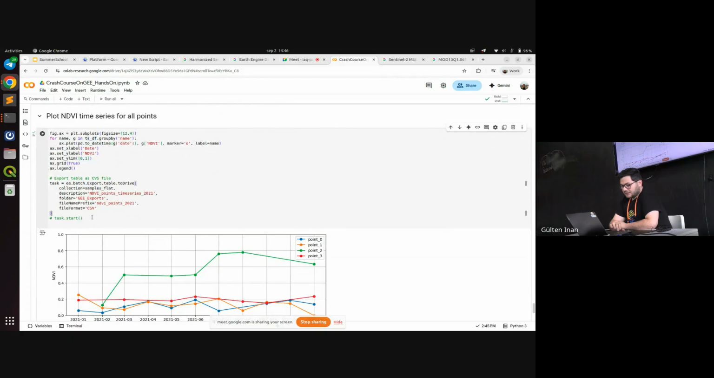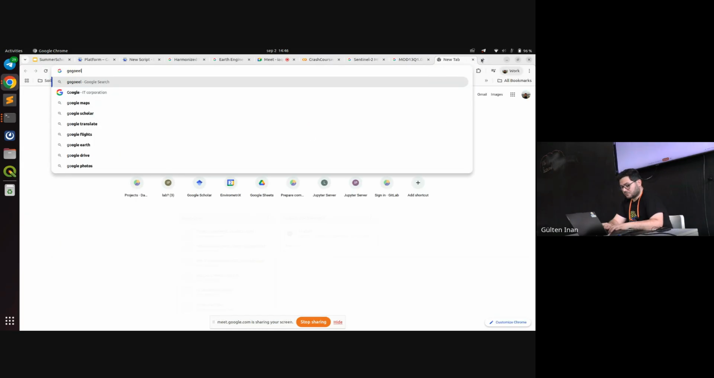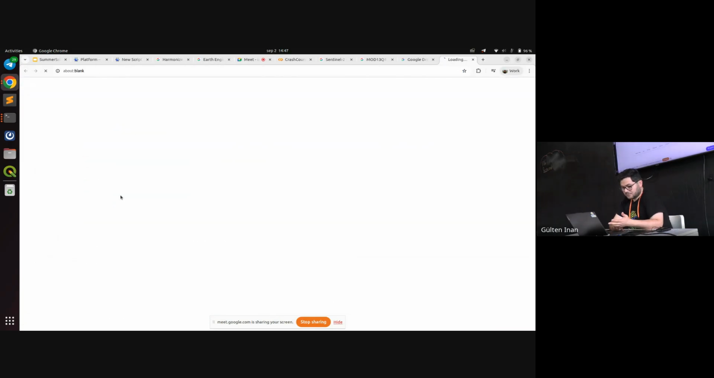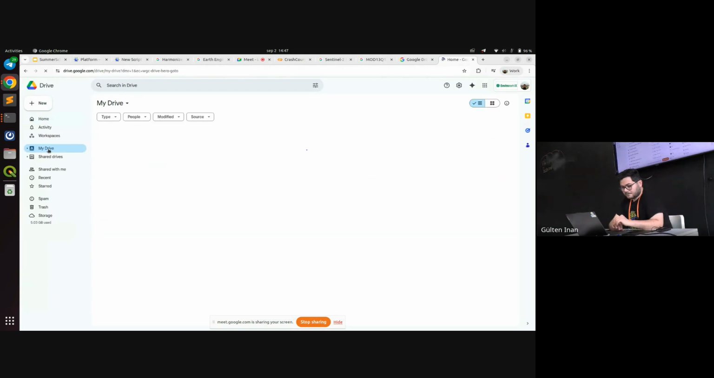In the final part, instead of GeoJSON, I wanted to give an example for the CSV as well. So now we are exporting this NDVI time series from Google Earth Engine as CSV, not as GeoJSON. If you go to your Google Drive, of course, based on the speed you get, you will have